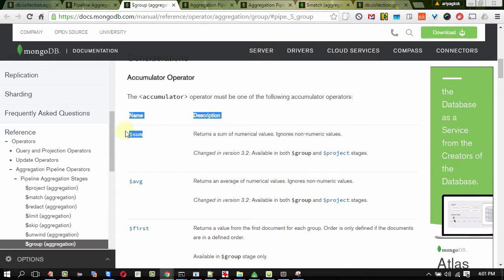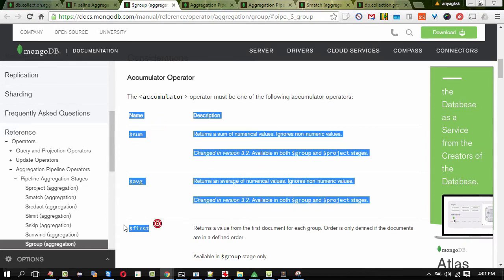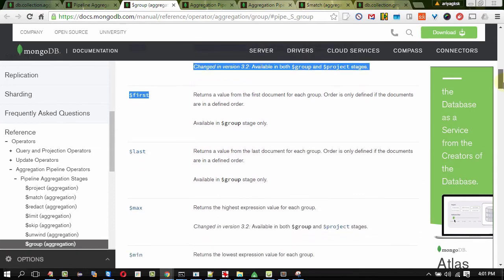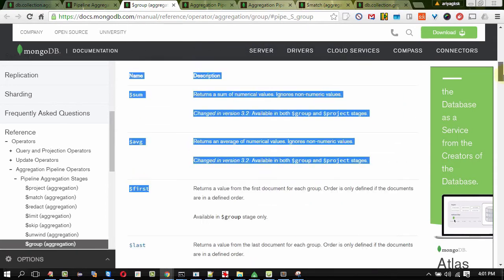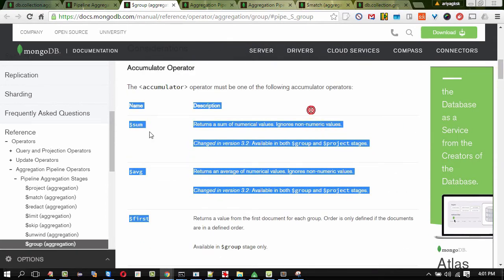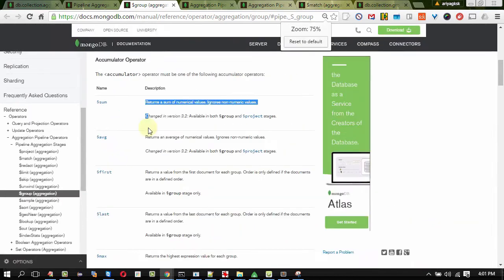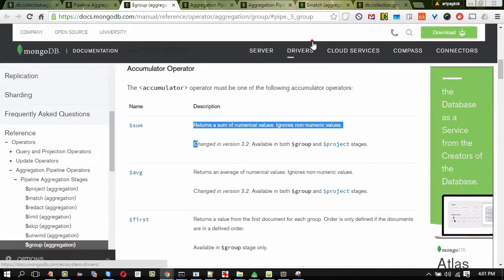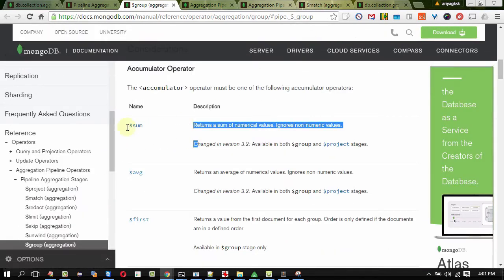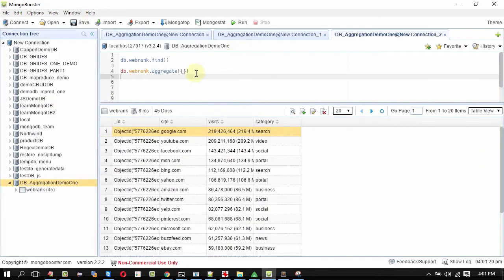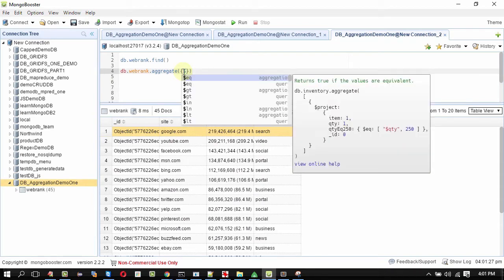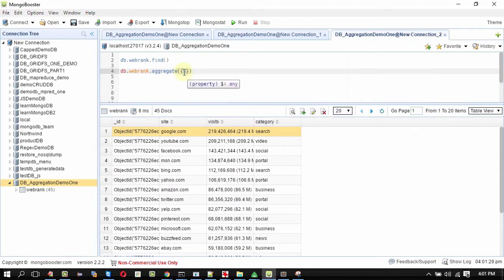You can use sum, average, first, last, max, min, all those. Initially we'll be using sum. Let me take it to the next line so that it will be very clear.